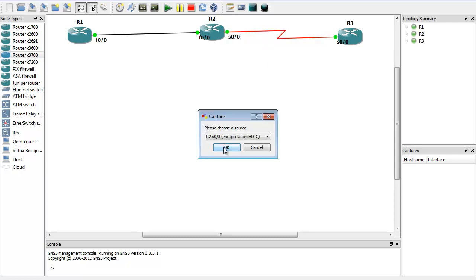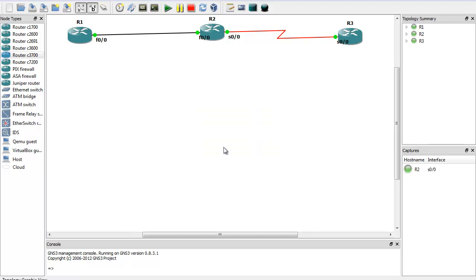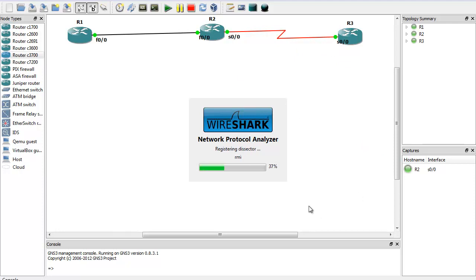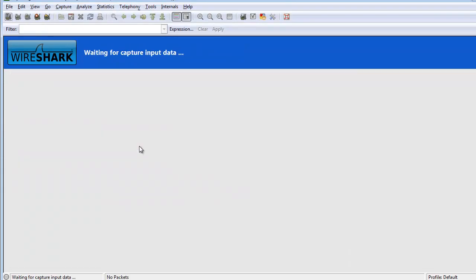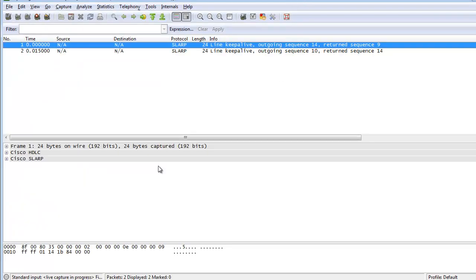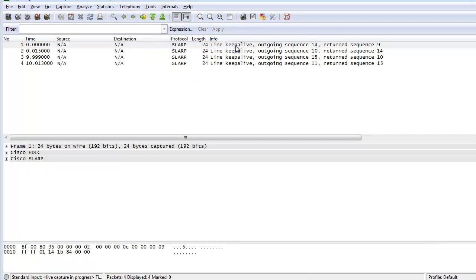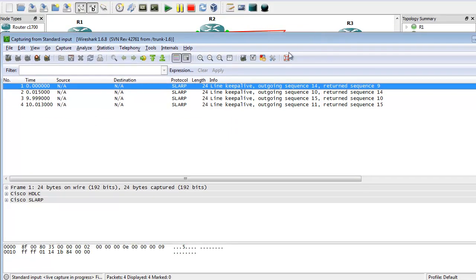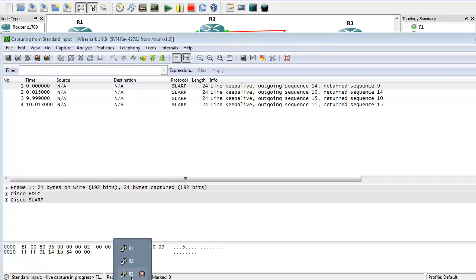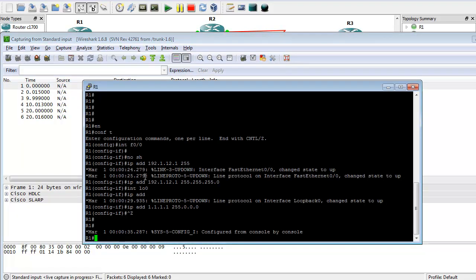What do you mean, capture? Now it's here, right? So this is being captured. I want to see what's being captured using a tool called Wireshark. Okay. These are normal packets which happen whenever you switch on a device, right? Now if I go to router 1,